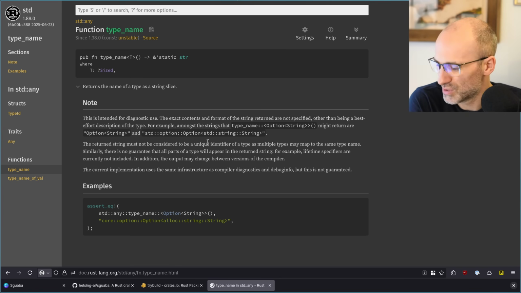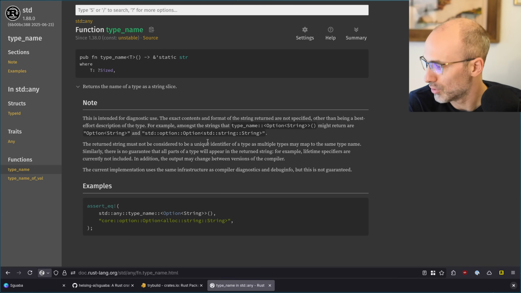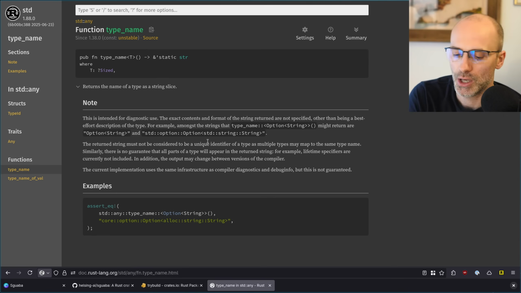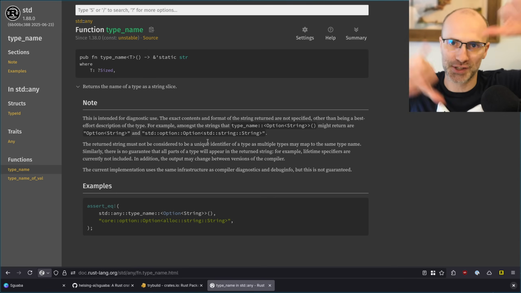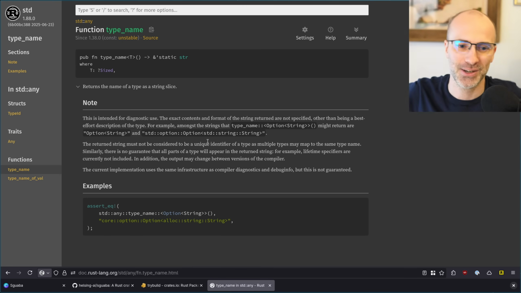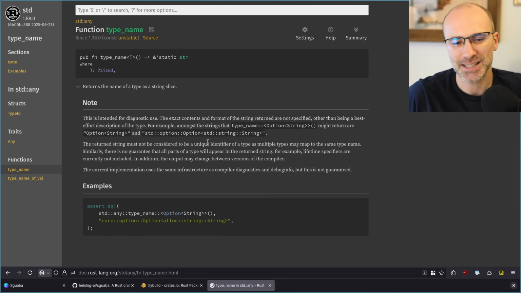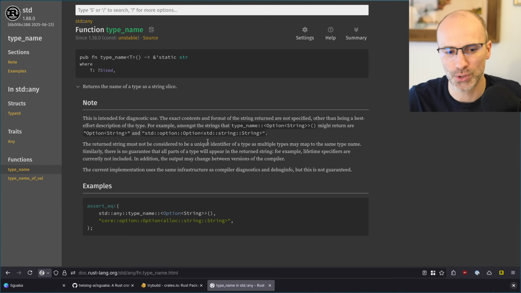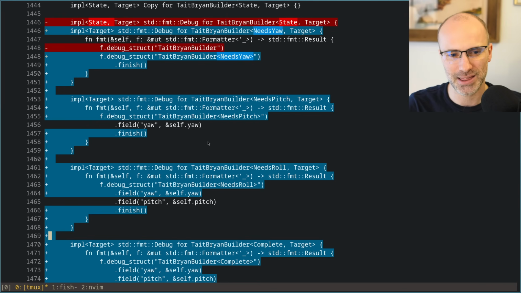But is that useful? I'm not sure, because it's a best effort description of the type, which means that it could be a very long type. Alternatively, it could exhaustively enumerate all the combinations of needs yaw and orientation, needs yaw and rotation, which feels unnecessary. I guess the type is actually relatively well known, so only the values matter. So I think I'm okay with this as is.